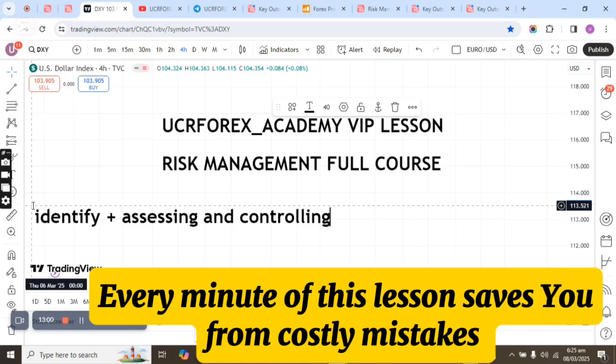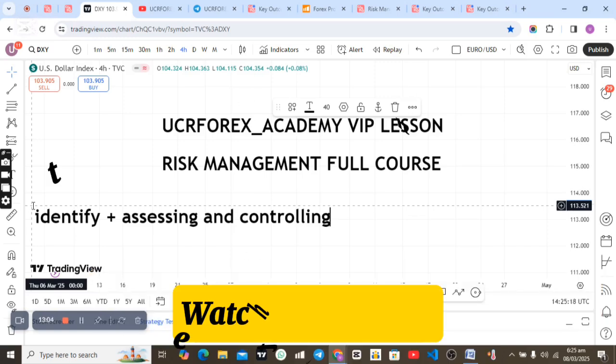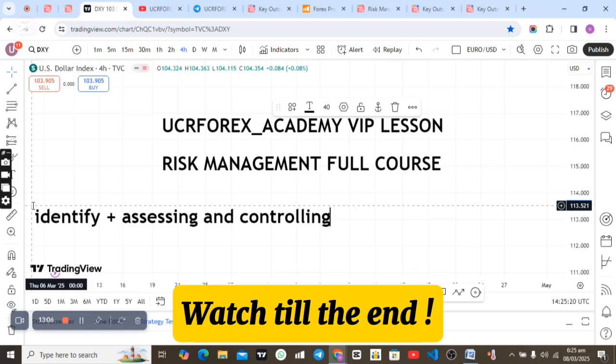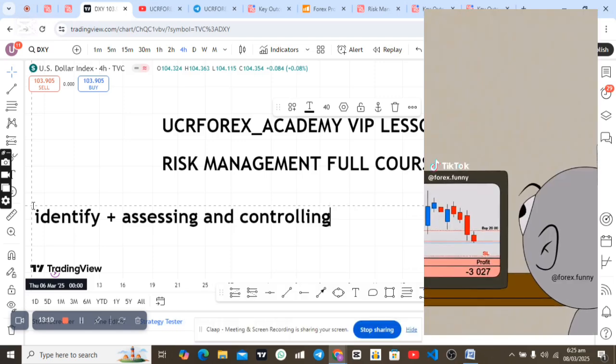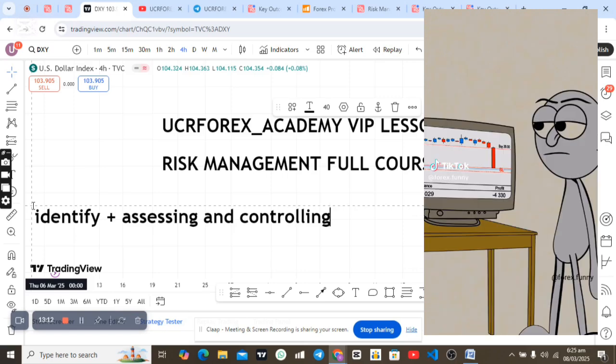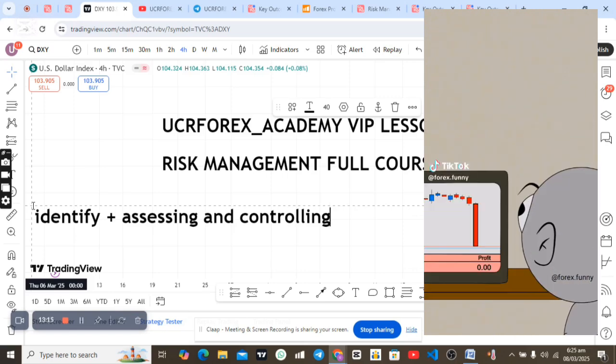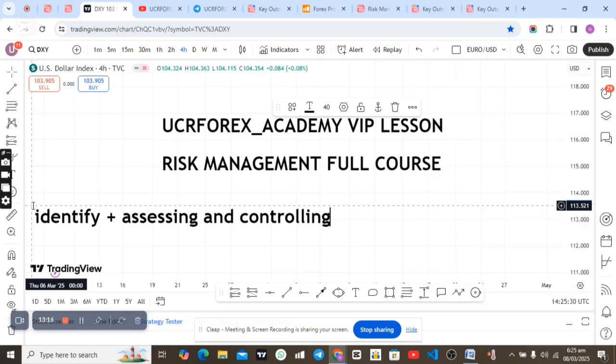And let's say at that very particular moment you funded your account and then you opened your first trade with a very big lot size. At the end of the whole day, the market starts going against you. Maybe you have told yourself, I don't want to risk more than 10 USD on a particular setup. Now the market is going against you at around, let me say, minus 30 USD. You are not going to find it funny. And if you're not able to close it, that means you have lost control of your financial risk.